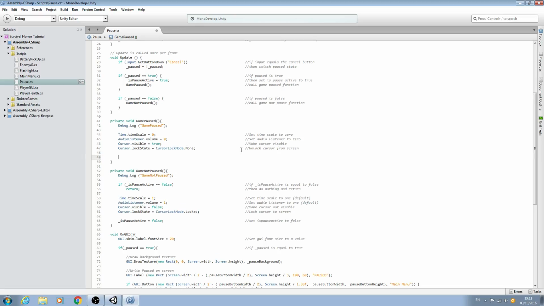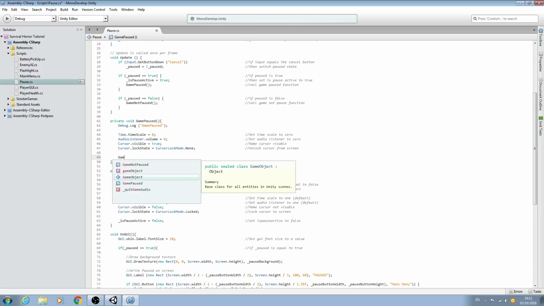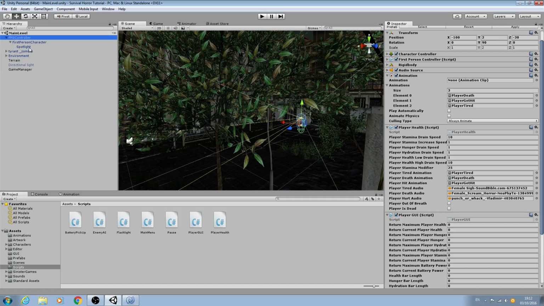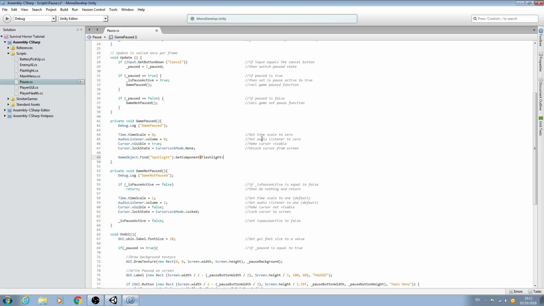So, with that said, let's come here, and I'm going to come after this block of code here, and we're going to say GameObject with the capital G dot Find, open and close brackets, come inside, and little speech marks, and we're going to say Spotlight, and then we'll come to the end dot, and we want the GetComponent, and we'll open and close those types of brackets, and we're going to say Flashlight. So we're finding the game object of Spotlight, and then we're getting the script component. We'll open and close brackets again, we'll say dot enabled, and we're going to set that to be equal to false, and we'll close the line off